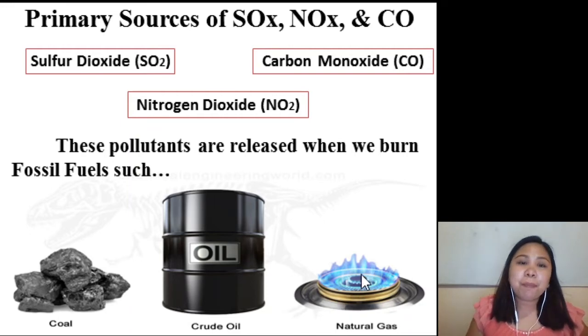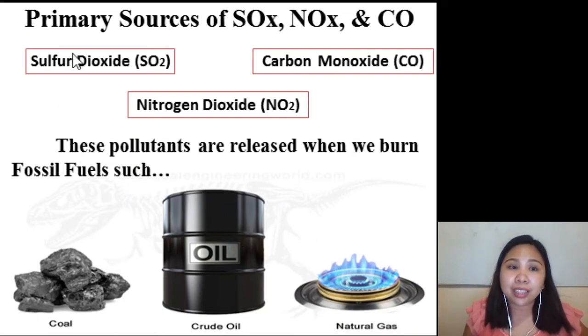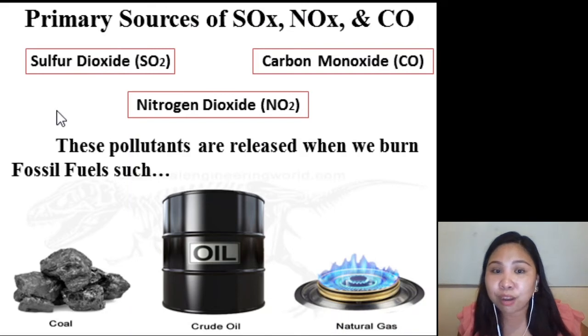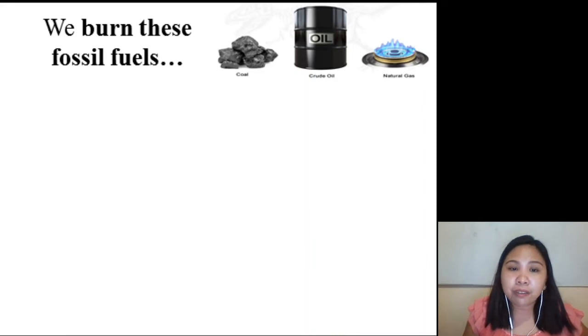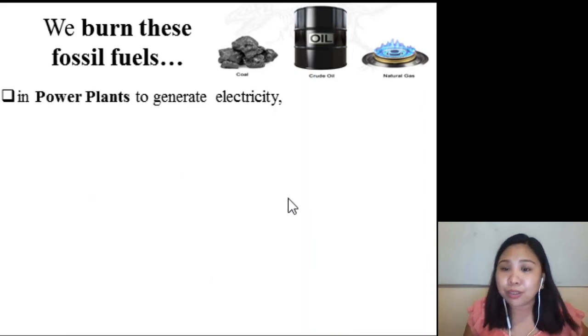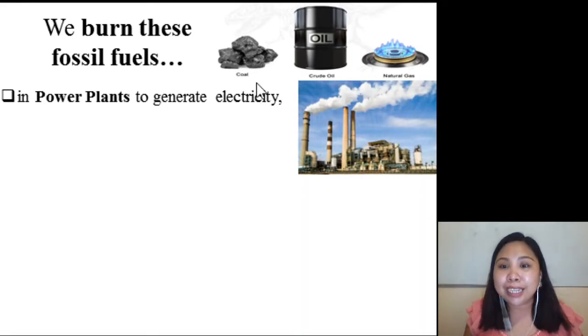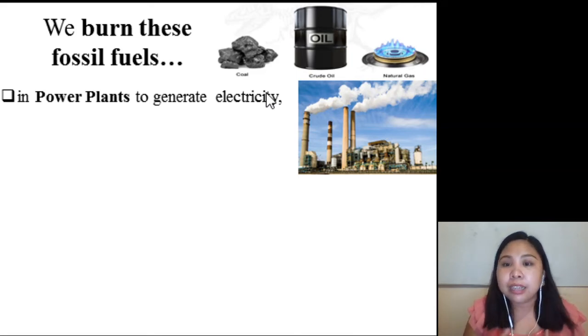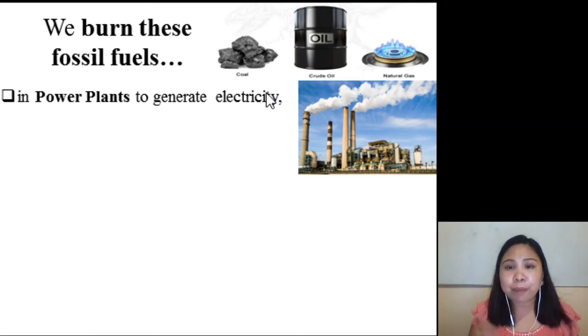Ayan. So, kapag biniburn po itong mga fossil fuels na ito, whenever we burn this, we are releasing these primary sources of pollutants. Okay, saan natin ito mga ginagamit? We burn these fossil fuels, first of all, in power plants to generate electricity. So, nabanggit ko na ito kanina. So, sa mga power plants, we need coal. Kasi etong coal, diba, pag binurn yan, talagang yung heat energy na napoproduce niya is mataas, ayan, compared to other materials na biniburn. Ano po? So,